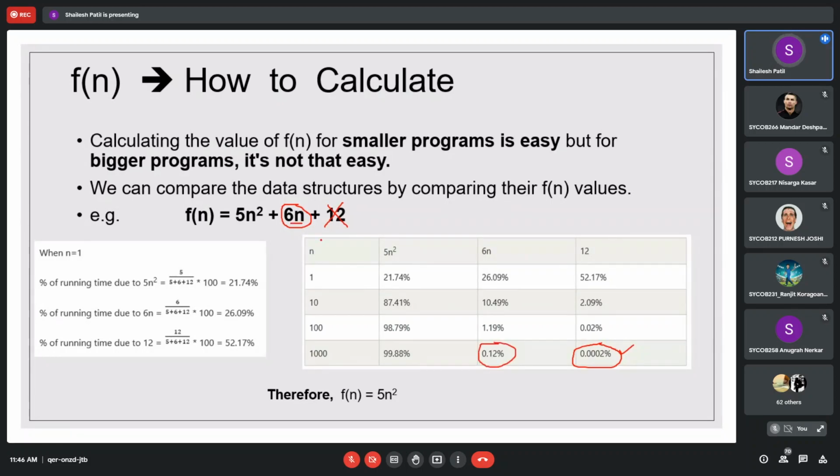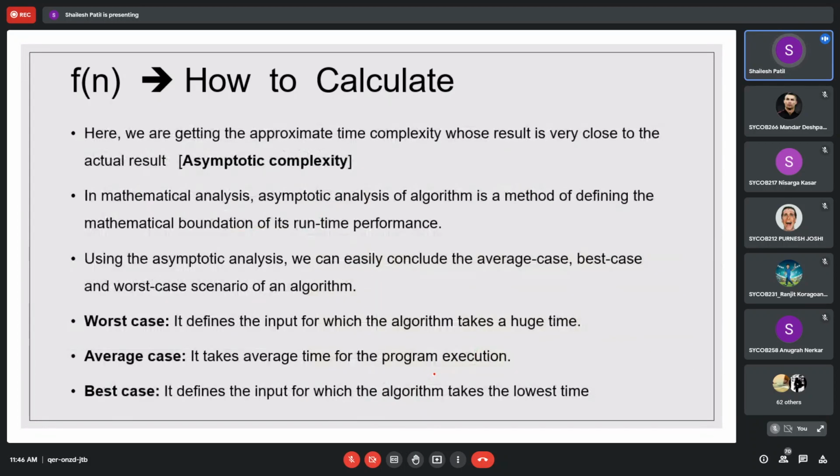So if we get a function with steps 5n square plus 6n plus 12, we reduce it to 5n square, and we say the complexity of the program is n square. This is how we calculate f of n.